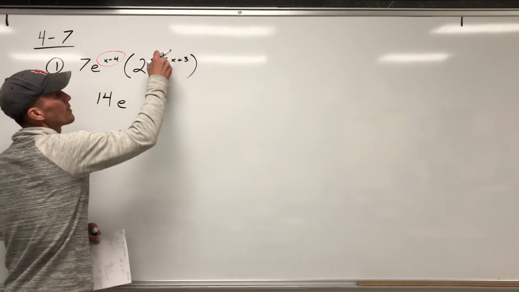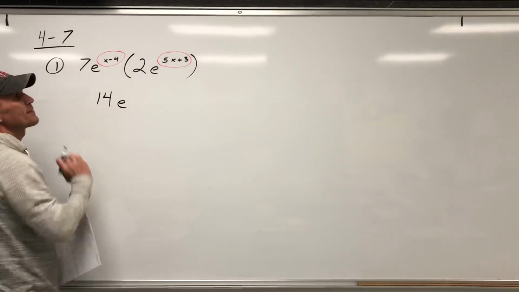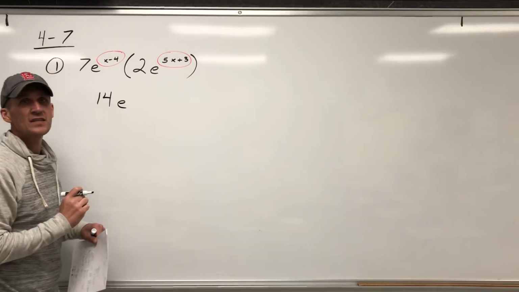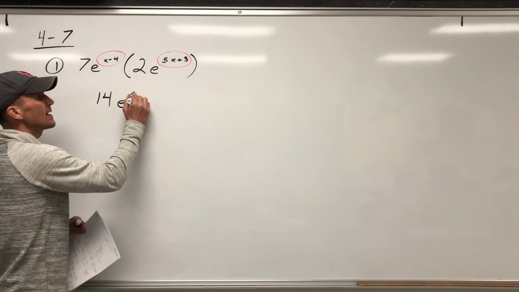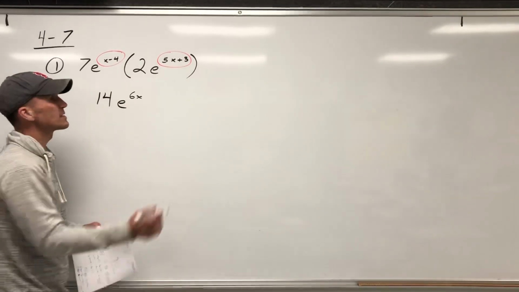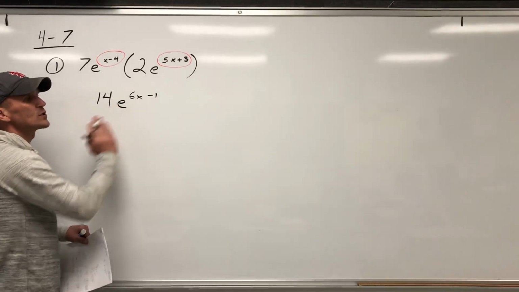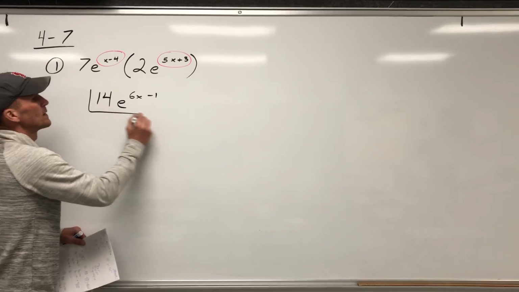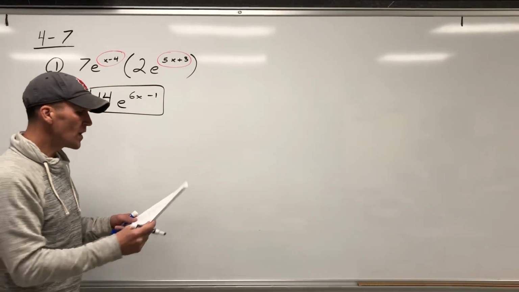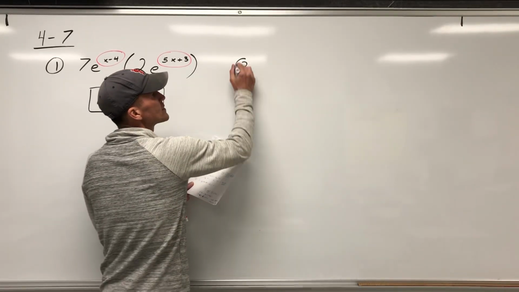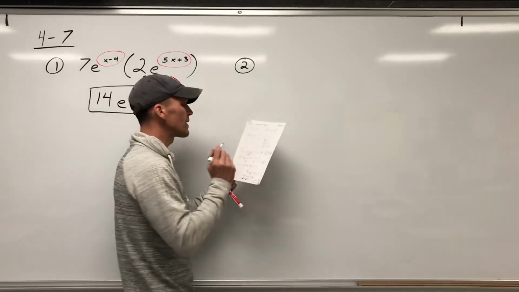In a multiply problem, we should add the exponents. So if you take the exponent of x minus 4 and add it to 5x plus 3, we'll combine like terms. The x and the 5x will make 6x. The negative 4 and positive 3 make negative 1. So we have 14e raised to a power of 6x minus 1. And there's nothing else we can do with that problem. But what we saw was sometimes we can do a little bit more after we use our exponent rules. And here would be a problem like that. Number 2,